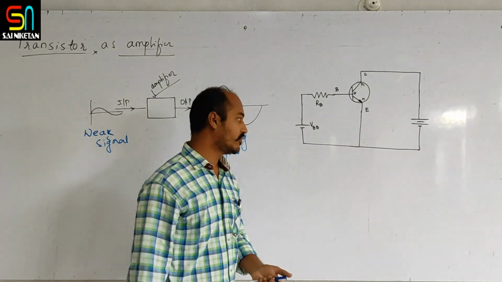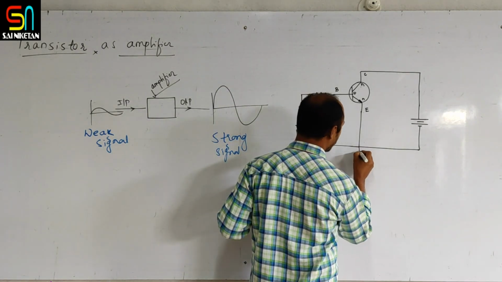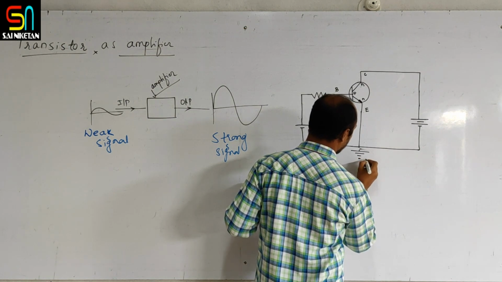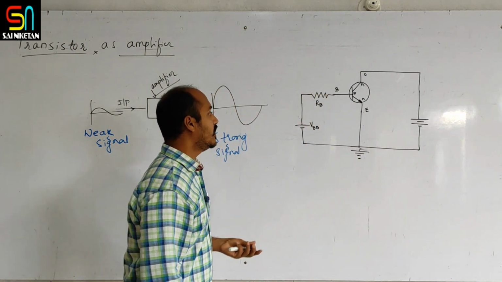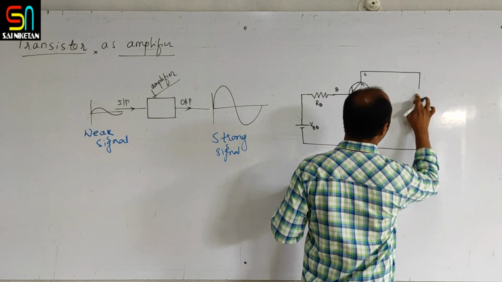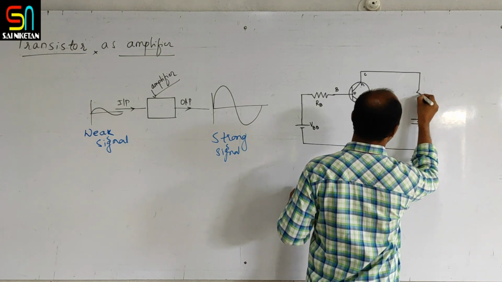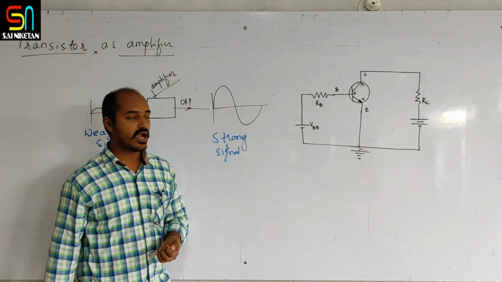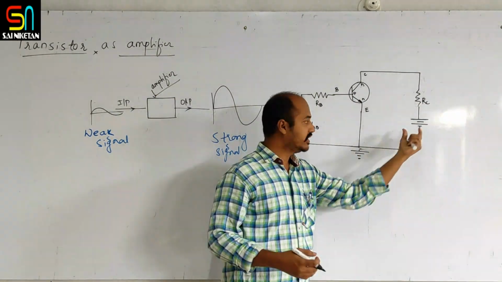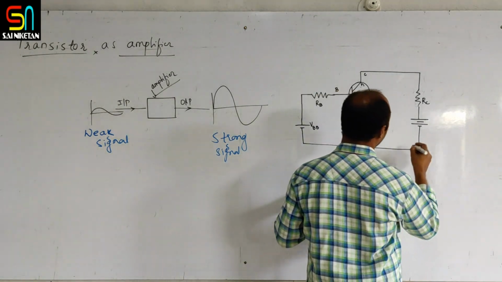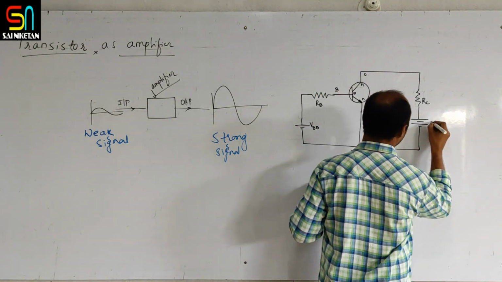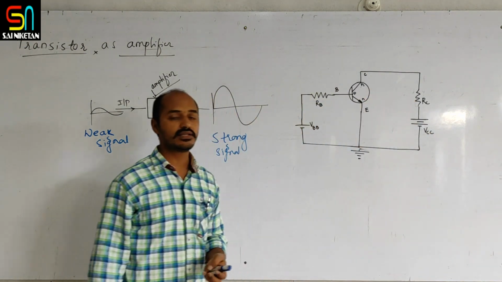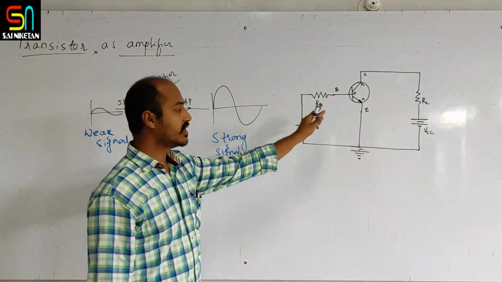It is in the common emitter configuration. So we will connect this to the earth. This symbol represents the earth, and here we have to connect the output resistor, that is RC. This battery provides a certain EMF, denoted by VCC. It supplies the voltage to the collector side, hence it is denoted by VCC. So this is a simple diagram.